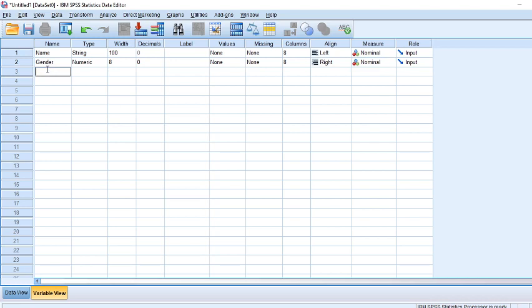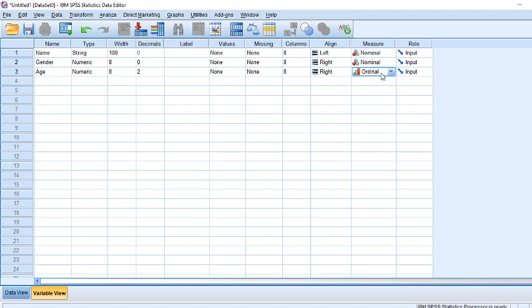Then let's suppose age. Age can be a scale variable, continuous, if you are giving age in years 1, 2, 3, 4, 5, 6, 7. If you are giving categories, like from 18 to 25 years, 26 to 31, and 32 and above, that is categorical.